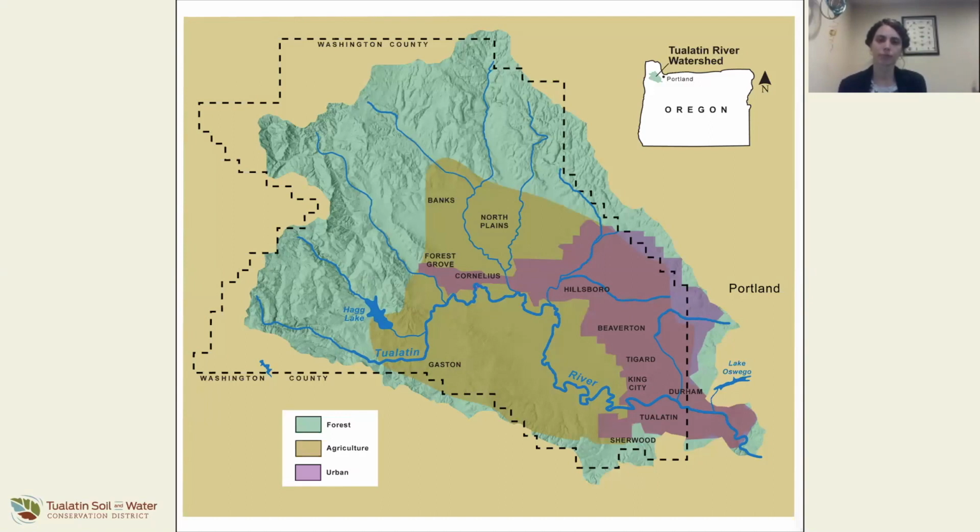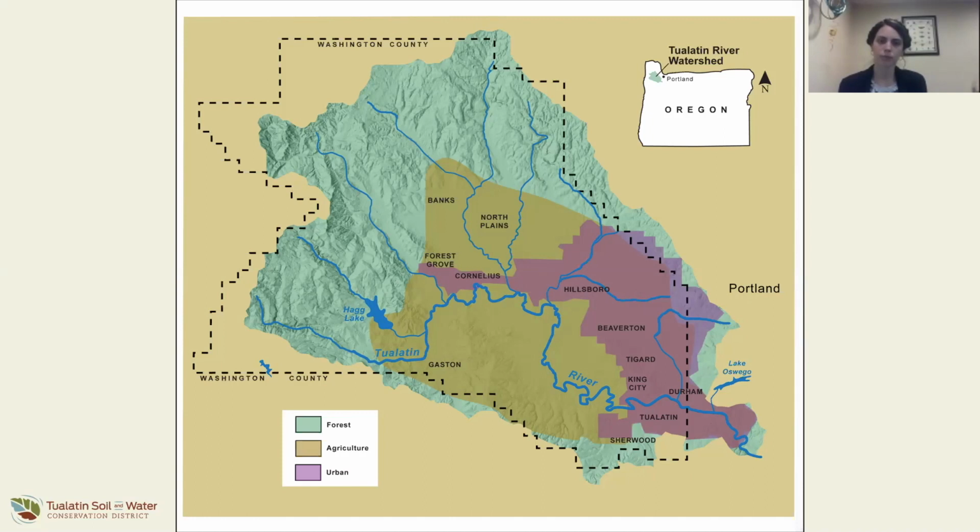Now, as you look closer at the map of the watershed, you can see that we have a variety of land uses throughout our region. Typically, about 50% of that Tualatin River watershed is taken up by forest lands. About 35% is more rural or agricultural lands, and then 15% is more urbanized areas. And that urbanized area is expanding every day as the Portland area quickly grows.